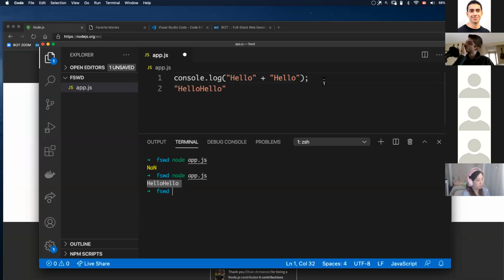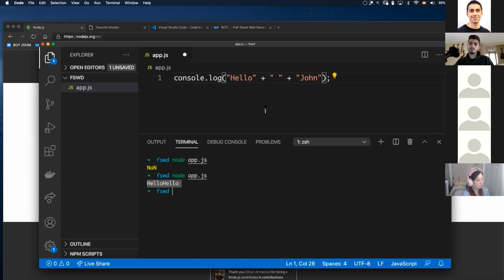There's a technical term for this, and the technical term for this is called string concatenation. This is the technical term. You don't need to actually remember this term, but you should know that it is possible for us to join words together. Now, the problem with this is when we join strings together, JavaScript is not very smart, right? What JavaScript is going to do is it's just going to stick them together. It doesn't know about English or any other language that uses spaces. So if we want to add a space, we're going to have to explicitly say to JavaScript,